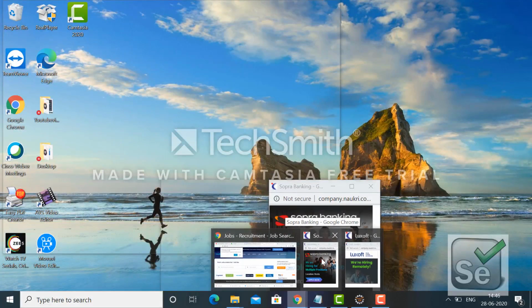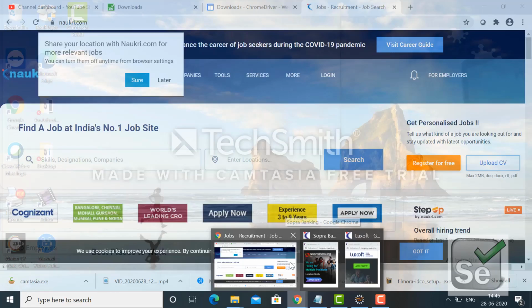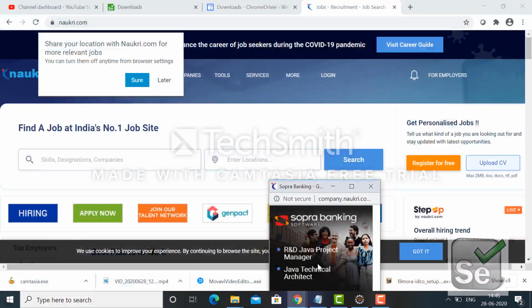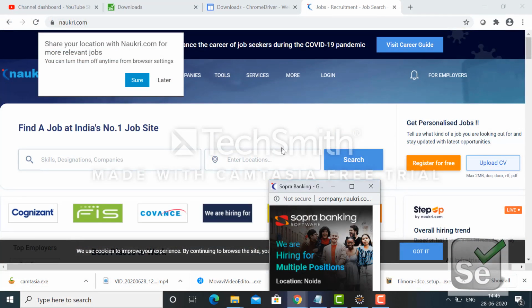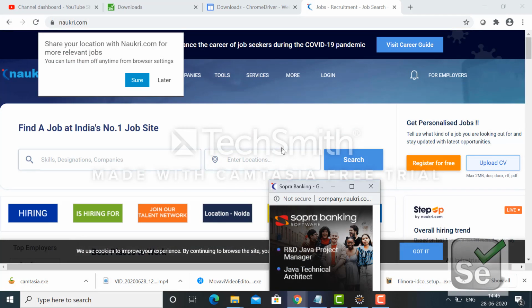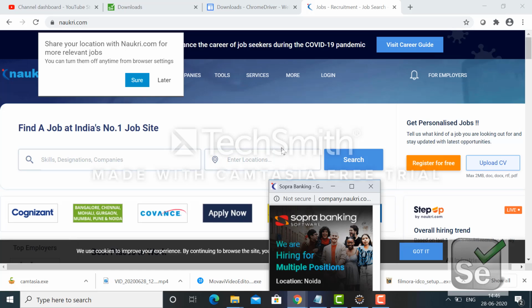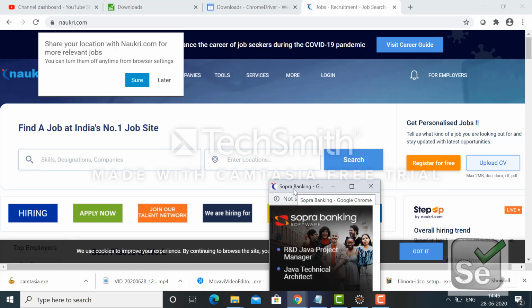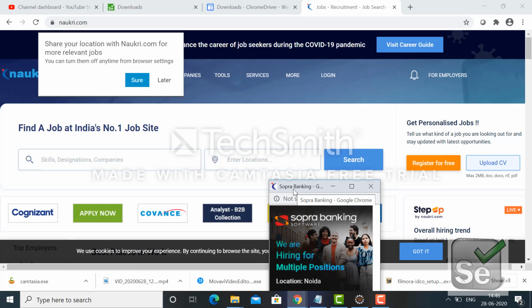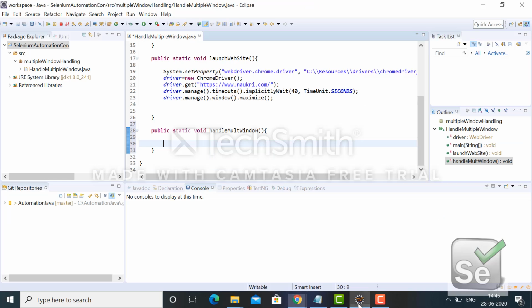Whenever WebDriver wants to recognize each and every window, it uses some specific unique string, we can say alphanumeric. That is not static, each and every time the window is opened it will be changed. So using that window handle, a particular window can be uniquely identified.